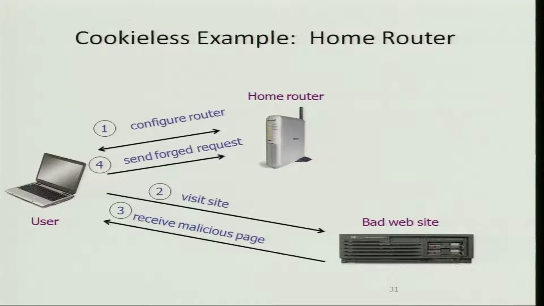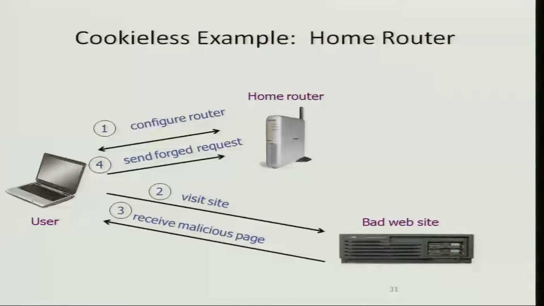compromise the configuration of your home router and be able to control it. You already know that the home router is pretty easy to get into. Normally 192.168.1.0 or some fixed local address is the access to the configuration page of your home router, because your home router is actually running a web server and providing you the configuration page. So what may happen is that suppose you log into the home router, authenticate yourself, and you configure the router,